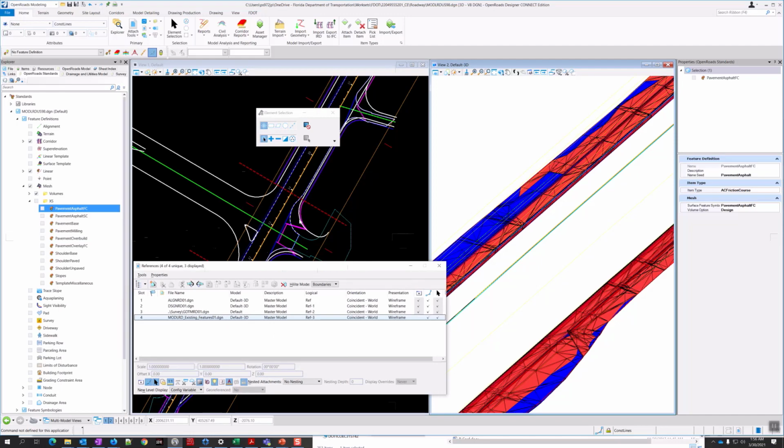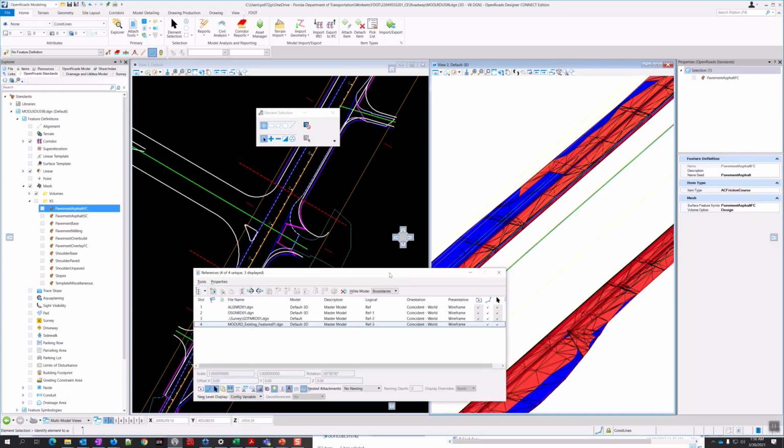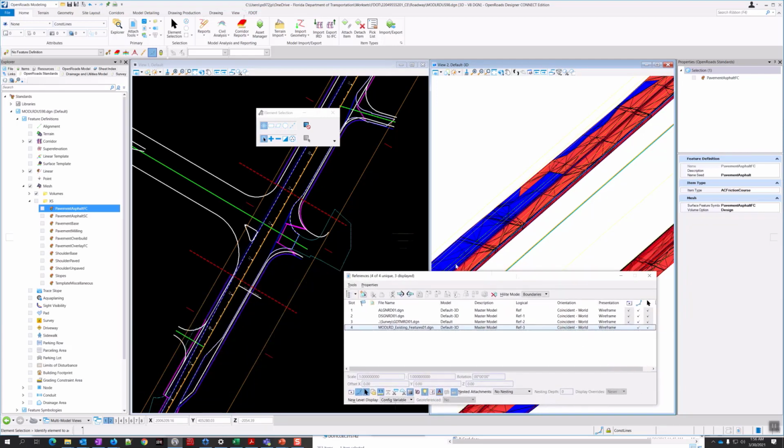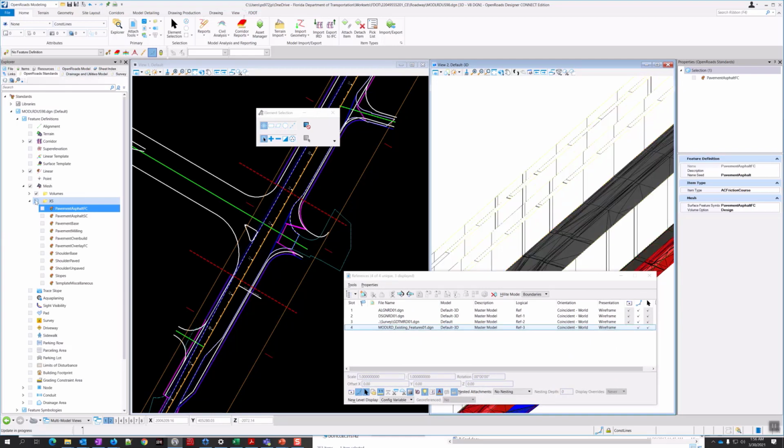I think that wraps this part up. We can go to the next exercise, 6.2. So we did the create cut fill volumes, and you're going to use these to do quantities. But there's another tool that could be useful for some analysis. It won't be for doing the summary of quantities or anything like that, but it could be useful for a few things. So for that one, I'll go ahead and turn these back on first. I'm going to open up the master model file.